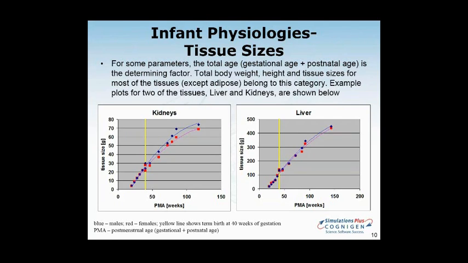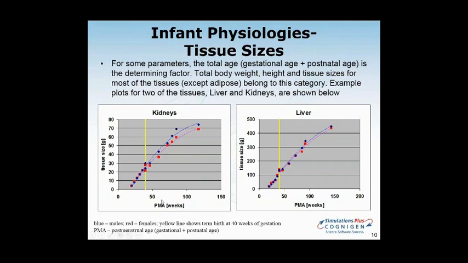And what we were looking at here was the effect of not only the age, but also gestational age. So this is where we had to look at not only the age of the child after the birth, but also how the gestational age or possible premature birth would be affecting the sizes and the physiology in general. And for most of the tissues, we actually have a pretty smooth function going from the conception all the way up to 1 year old. So the birth, at least based on the information that we were able to find, did not cause significant change in the rate of the development.